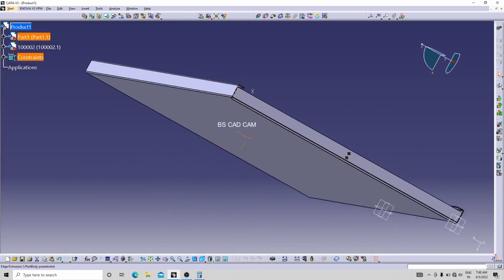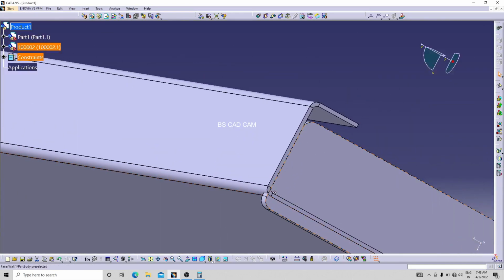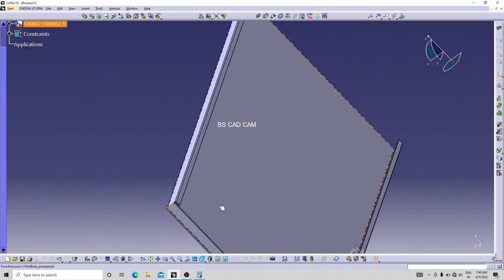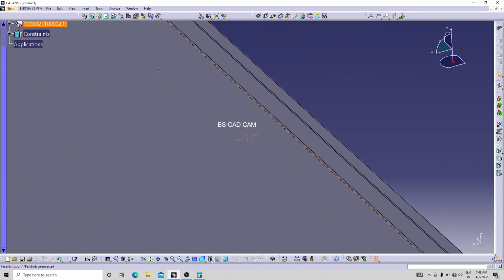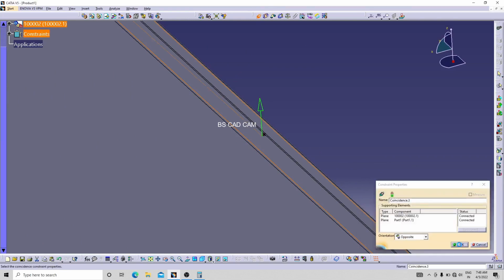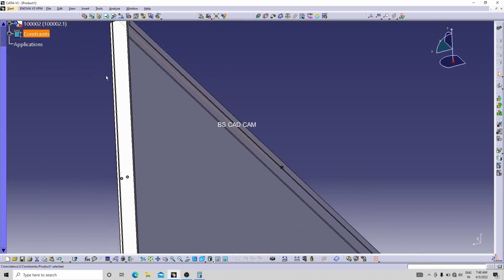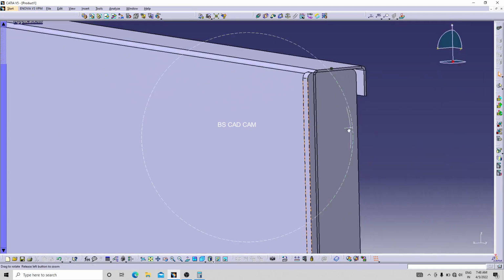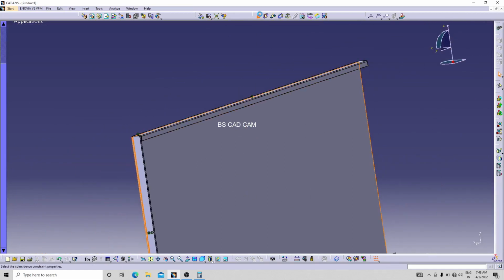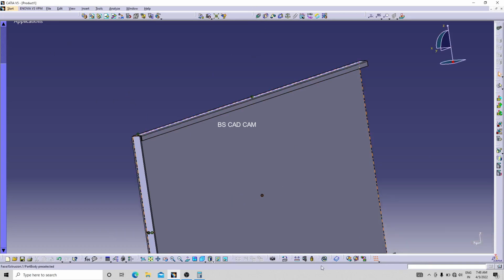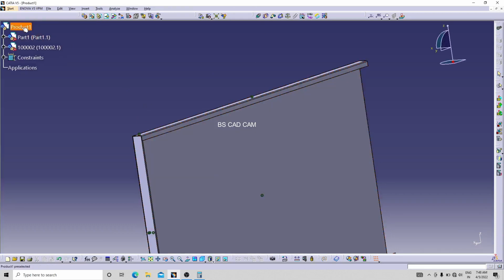Just a minute, and zoom it, select this face and this face and apply a constraint, then opposite, okay, and select this face and this face and apply a constraint, this is also in the opposite direction, then okay, and update it. Insert a second part, this part again,